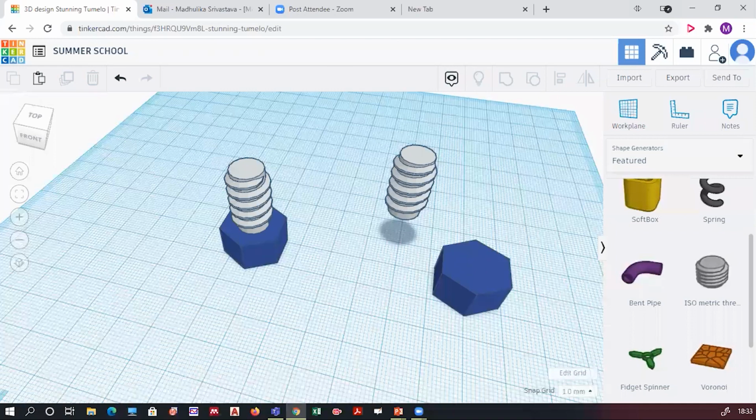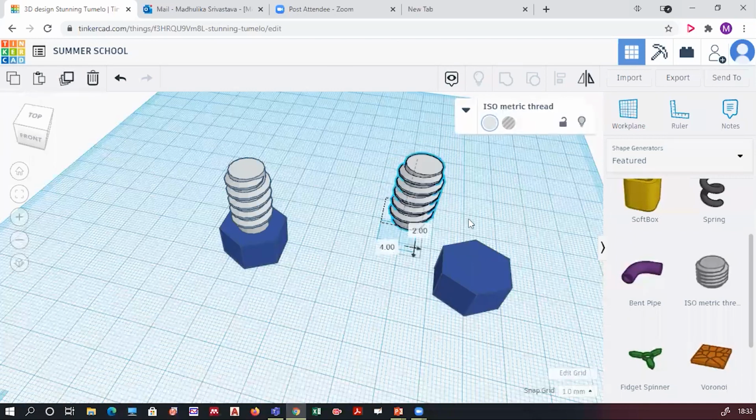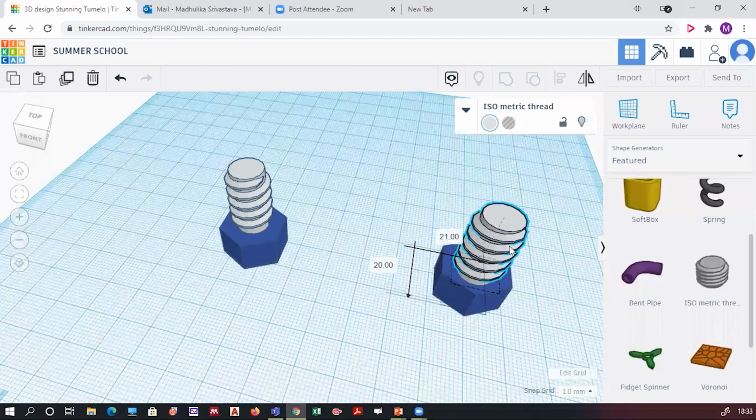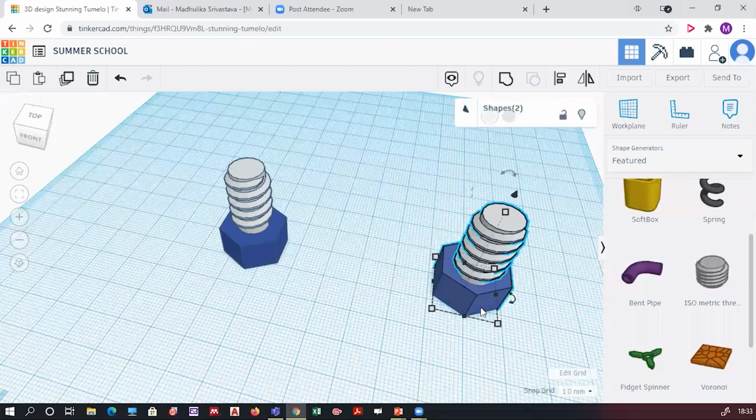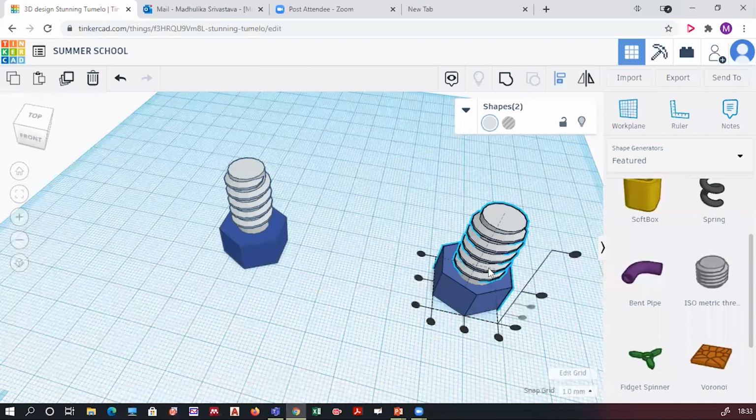Okay, not aligning using shift keys. You do not need to align it using the shift key. The shift key you are using for selecting different objects. Okay, I have selected one, I will press the shift key and I will select another object. After selecting the objects, I will go to align. I will just click on the centers and it is aligned about the centers.